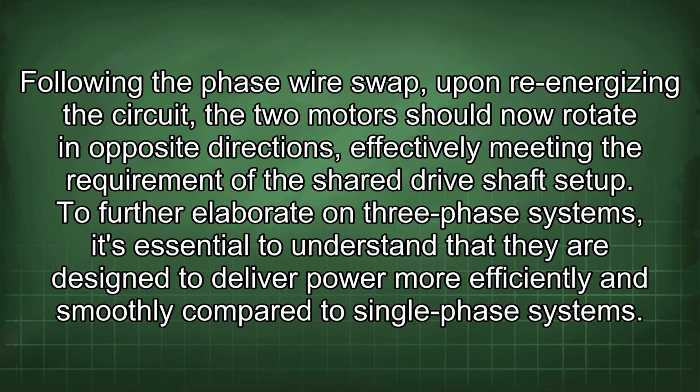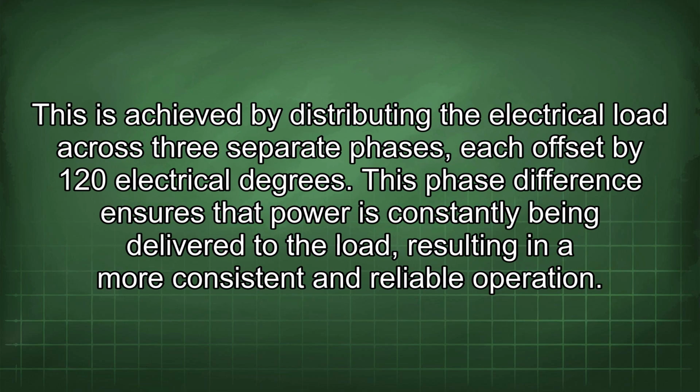To further elaborate on three-phase systems, it's essential to understand that they are designed to deliver power more efficiently and smoothly compared to single-phase systems. This is achieved by distributing the electrical load across three separate phases, each offset by 120 electrical degrees. This phase difference ensures that power is constantly being delivered to the load, resulting in a more consistent and reliable